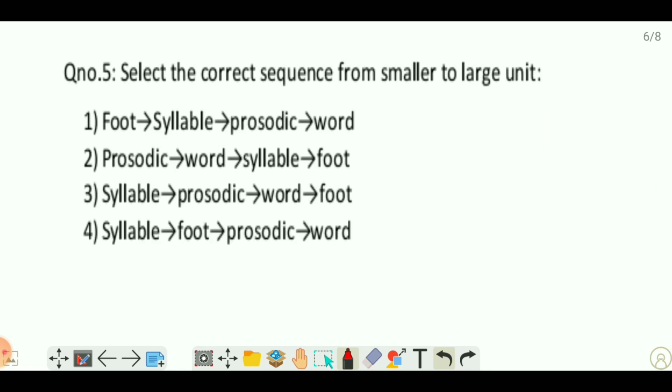Moving on to question number 5. Select the correct sequence from smaller to larger unit. The correct option is option number 3: syllable, prosodic word, and foot. A syllable is a sound segment that consists of either a vowel alone or a vowel with one or more consonants. For example, we have the word